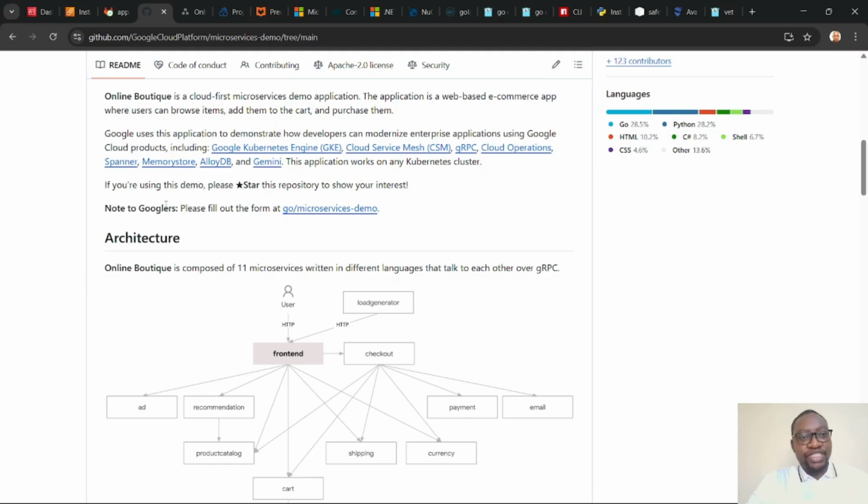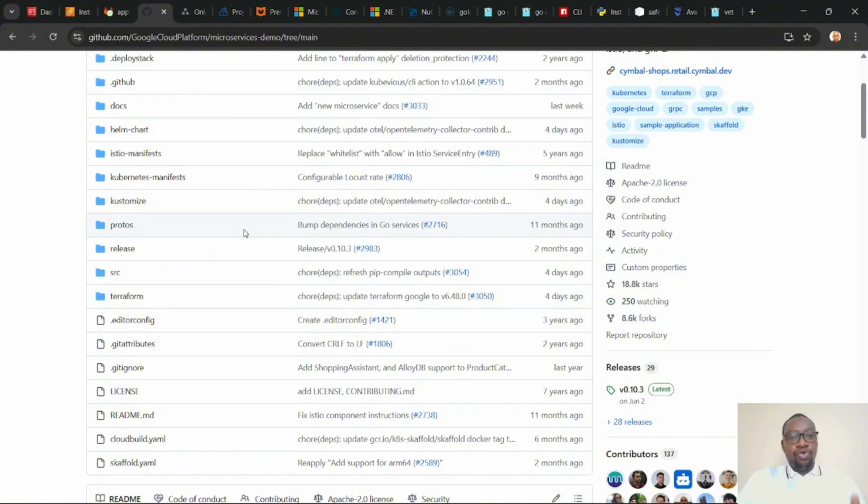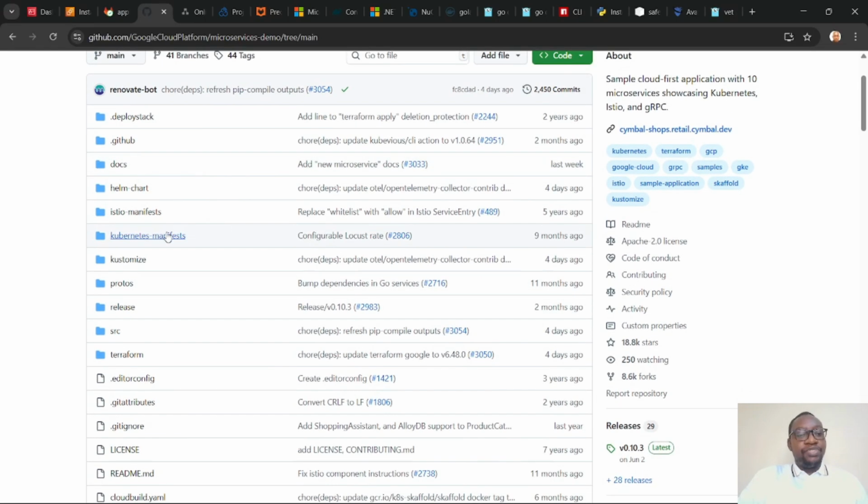Now, the goal of this project, just to give us a little reminder, is that the code has been made public, which means it's available to us and we can use it. And also, the Kubernetes manifest file is available within the repository, which means we can just take the Kubernetes manifest file and deploy this application directly into our Kubernetes cluster without bothering about building the image ourselves, and then pushing that to our own container